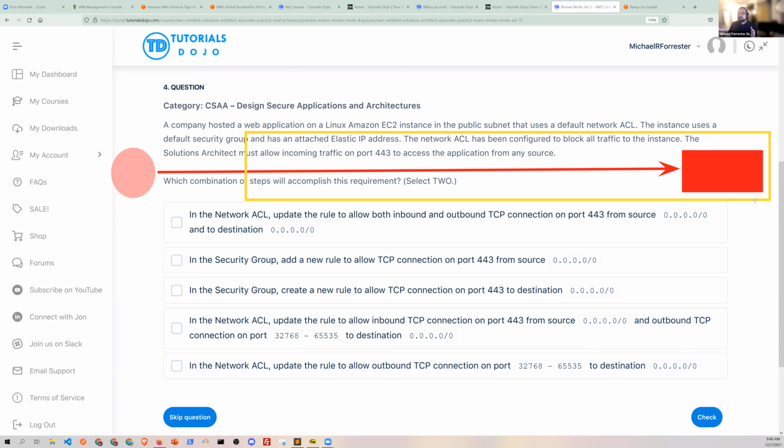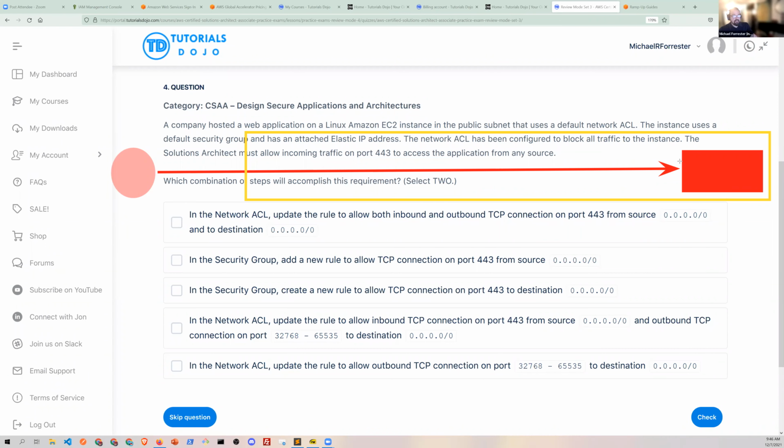Now the default ACL, as you remember, is a firewall. The access control list is a firewall that sits around the entire subnet around the instance. In addition, they have a default security group, and they've attached an elastic IP address to this.